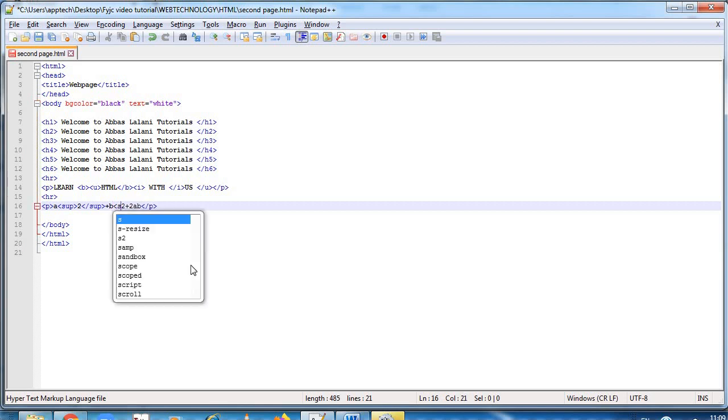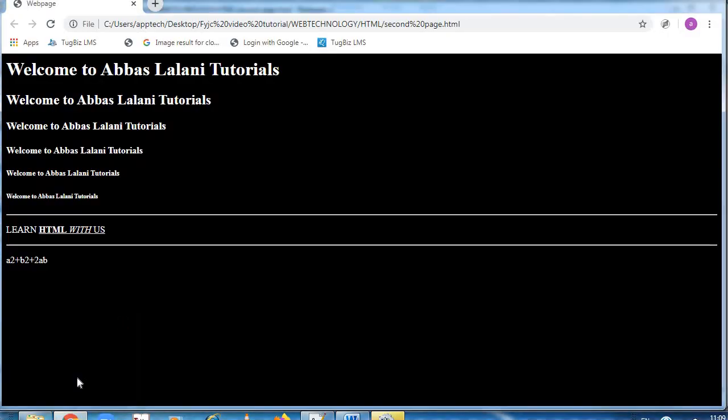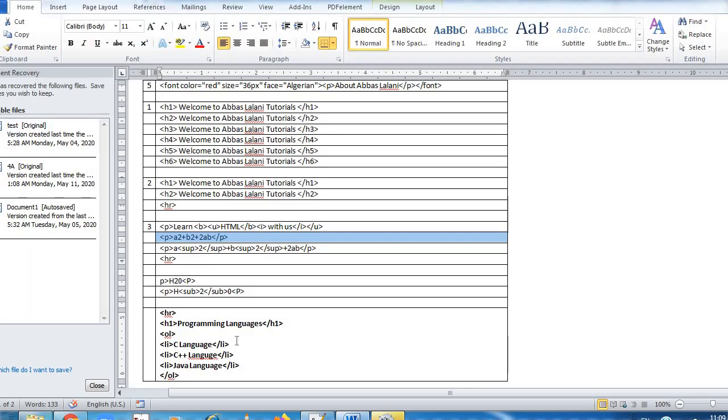So before 2 sup, and here sup close. Now Control S. Now you can see, using superscript, A square plus B square plus 2AB.